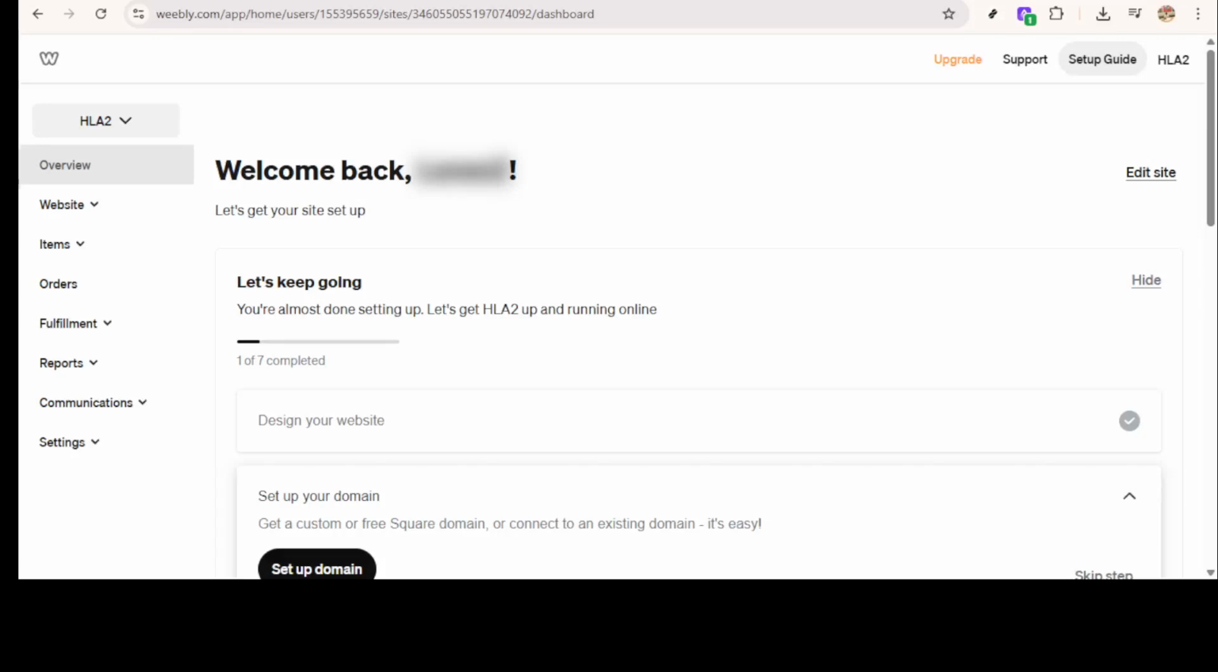In today's video, I'm going to teach you how to preview a site in Weebly. By the end, you'll know exactly where to go and what to click so you can safely check your site before publishing anything live. First, make sure you're in your Weebly account and looking at the main dashboard for your